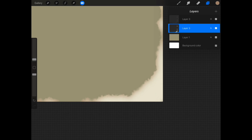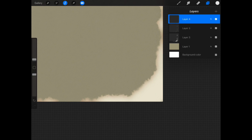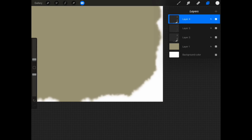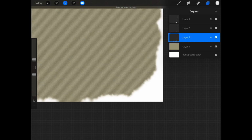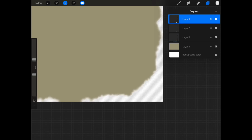Another thing that you can do here, that I demo very briefly but it actually isn't super successful here, though just yesterday at work I was doing something like this and it was more successful, is adding a slight lightened rim to the part of the paper that still exists, that hasn't been ripped off. So you just do the opposite. You use white, you fill where you painted before, then you blur it, select that again, and delete it. That way the white is bleeding just onto the part that you want to keep. Then you can set it to either an add or a lighten or something like that. It really depends what you're going for, and you can adjust its levels